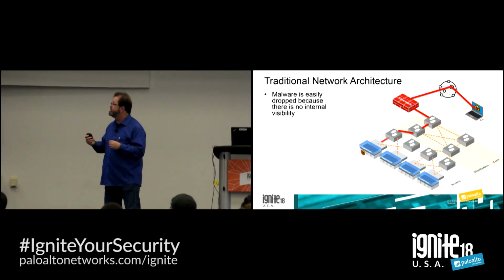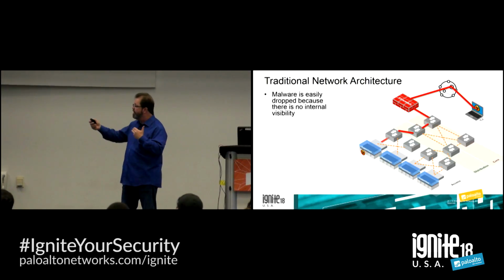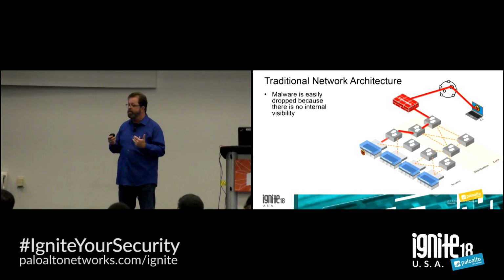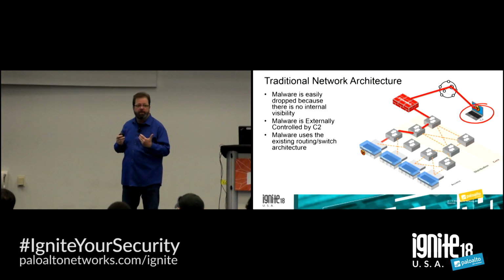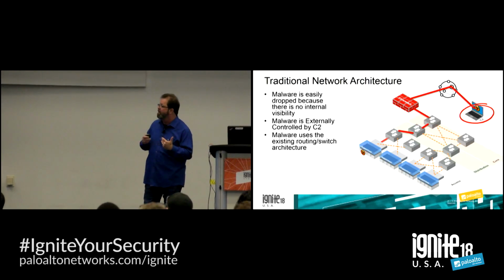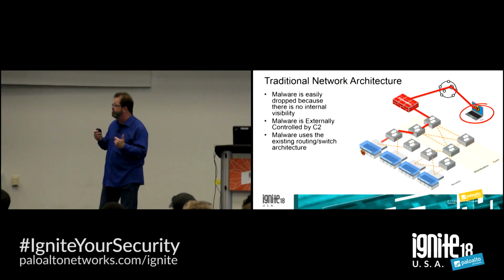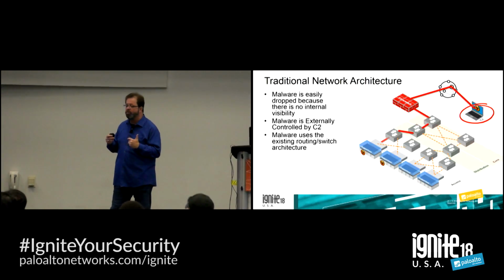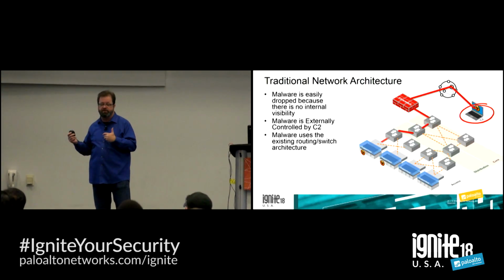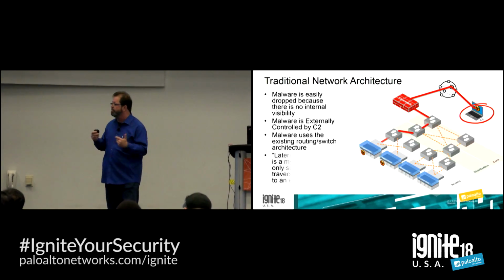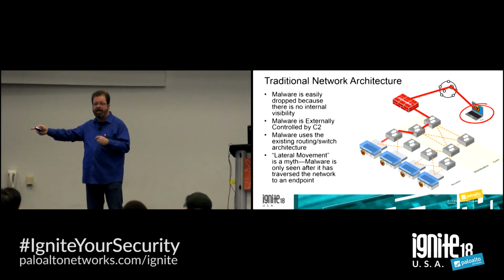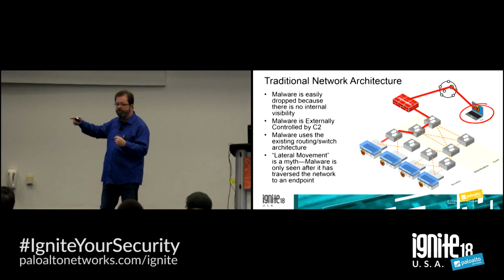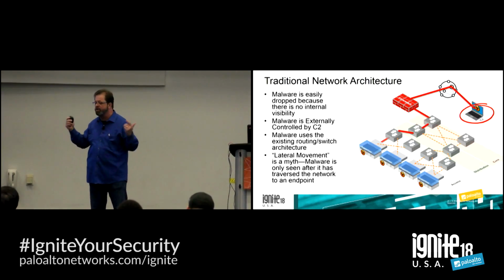And so what happens is the command and control controls the malware, and then we start to see it move, right? And we think that, oh, it's somehow automagical, but in reality, typically, the command and control channel is using the existing routing and switching infrastructure to move malware around. It goes north and south and east and west and southeast and northwest all at the same time. And we think that there's lateral movement happening because that's when we see it, when the malware outbreak happens. But it actually used the whole internal network to move around, and we never saw it because we didn't have